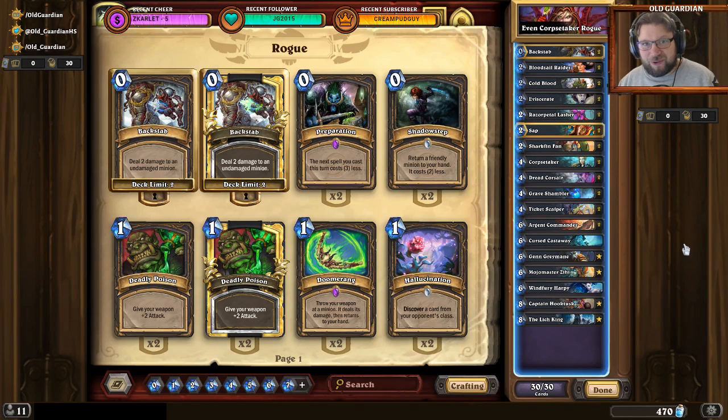The nerfs are also here, and I've been working on some new deck ideas, so I've been working a little bit on Even Rogue. This is one of the builds that I started with, and I don't think this is quite good enough. I actually had exactly 50% win rate with this particular build. But there are a couple of ways that you can try to build Even Rogue if you're interested in that